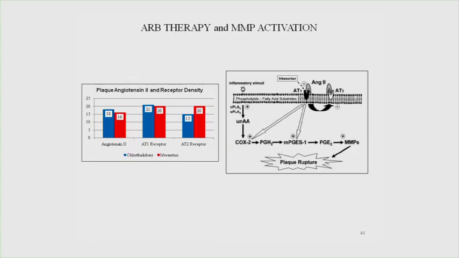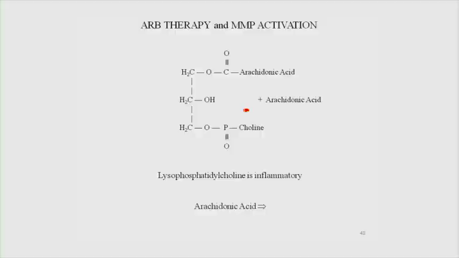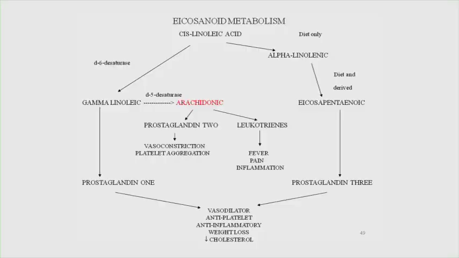Cyclooxygenase 2 and prostaglandin E synthase. Now, these are inflammatory enzymes. Remember how we talked about how phospholipases will snip a fatty acid from phosphatidylcholine. And if that fatty acid happens to be arachidonic acid, because our diet is high in meat and dairy, that's kind of a problem. It's a problem in the arteries. So here we've got this arachidonic acid that enters the prostaglandin pathway, causing bad prostaglandins and leukotrienes that cause inflammation